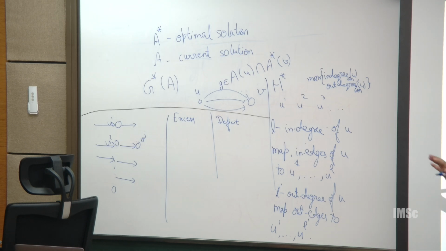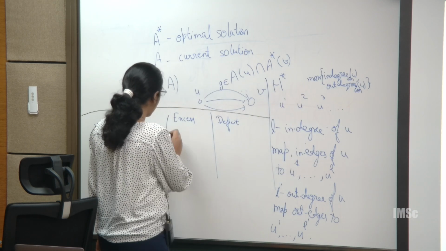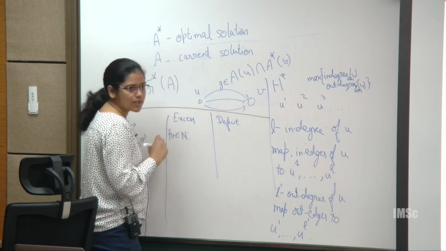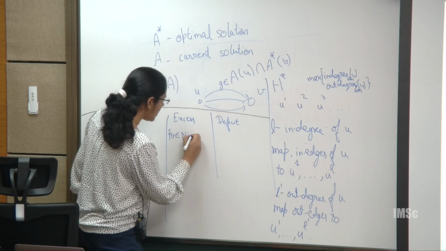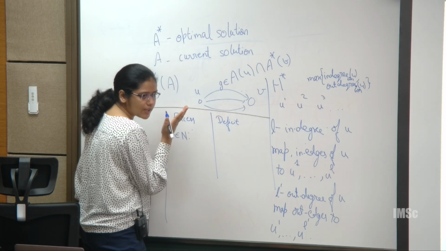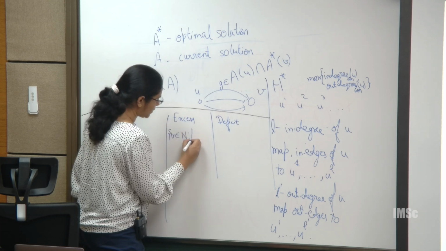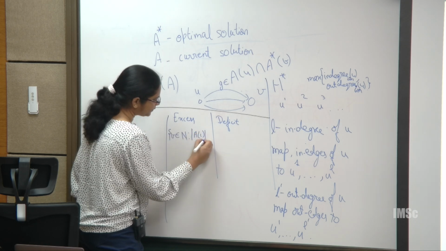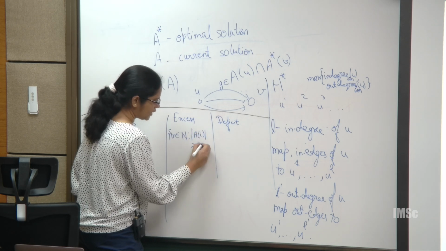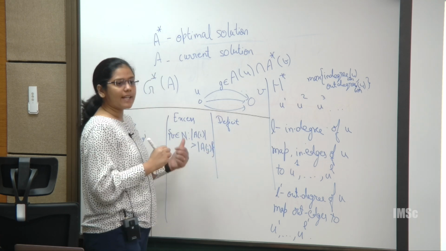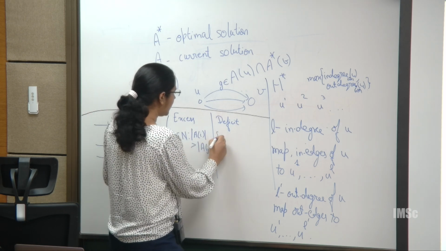So, excess, here we will have agents i belonging to N such that, because valuation is 1 only, I can write in terms of size also, Ai is greater than A star i. These are excess agents. Deficient agents are